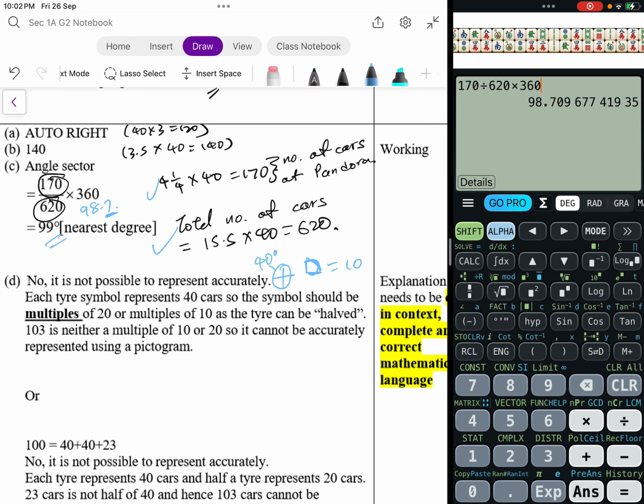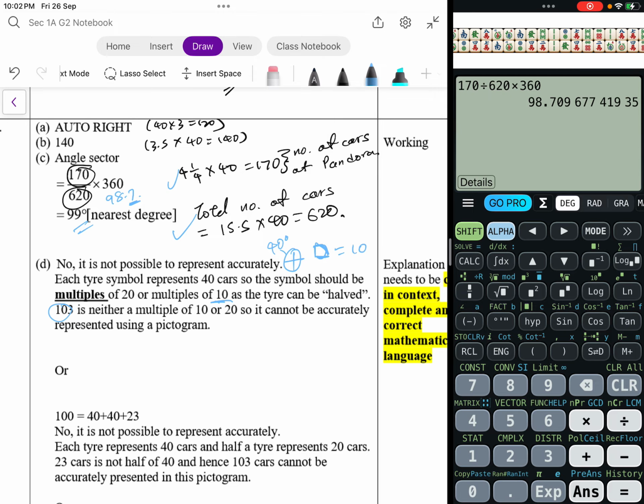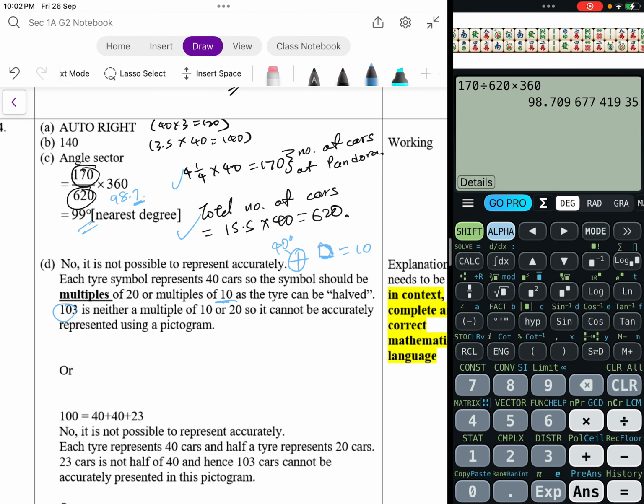Each tire represents 40 cars, so the symbol should be a multiple of 20 or multiples of 10, as the tire can be half. Okay, but 103 is not a multiple of 10 or 20, so it cannot be accurately represented using a pictogram. Okay, I don't think you need to write so long. You just need to explain that